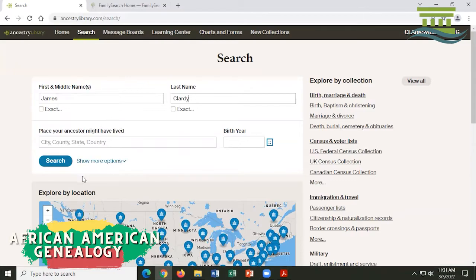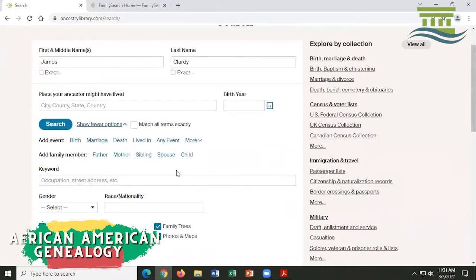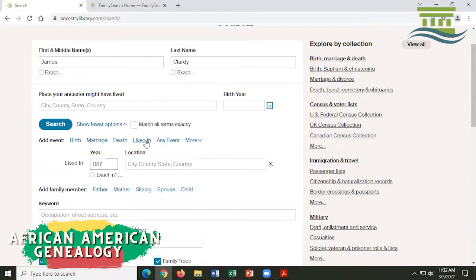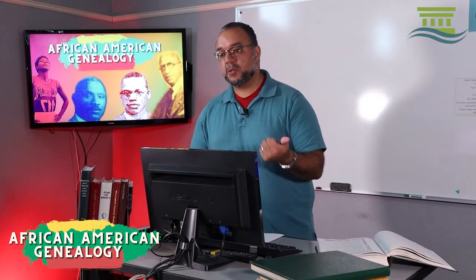And there was a section that says show more options. I'm going to click there. And it gives me an option of saying lived in. I'm going to click there. And so in 1917, the day of the publication of this directory, he's living in New Providence. Generally speaking, if I'm searching in Montgomery County, I'm not that specific. I'm going to look in Montgomery County because it encapsulates communities like Excel, Jordan Springs, Sailor's Rest, Port Royal, things like that. So I want to be just really, really general at first.